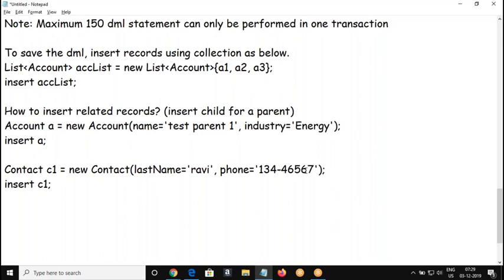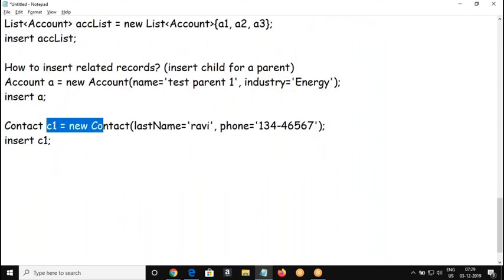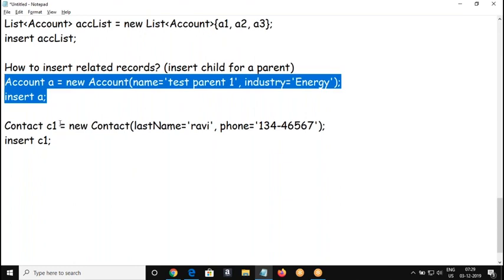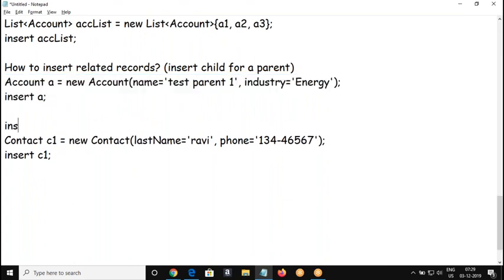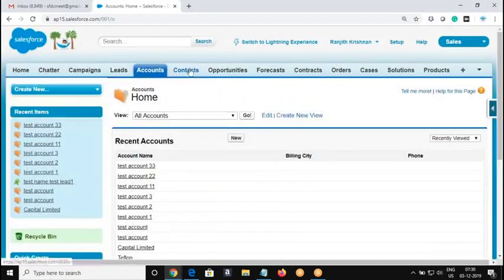When you insert like this, what will happen? The contact is going to be inserted individually, the account is going to be inserted individually. But my requirement is to insert the below contact for the above account. Then we are going to use the relationship field. Am I right? So when you manually insert a contact,